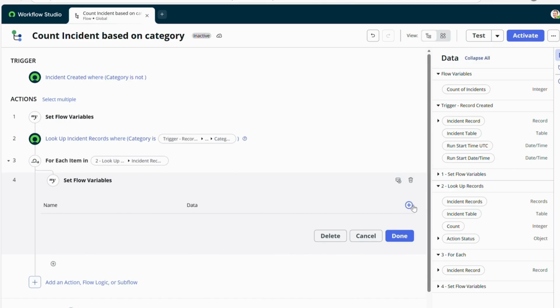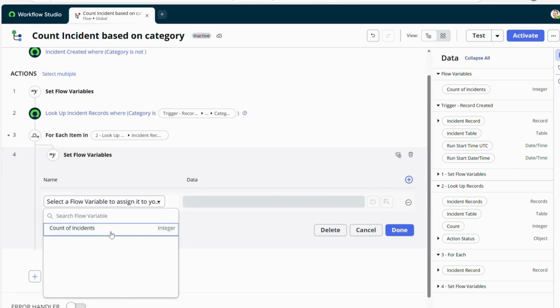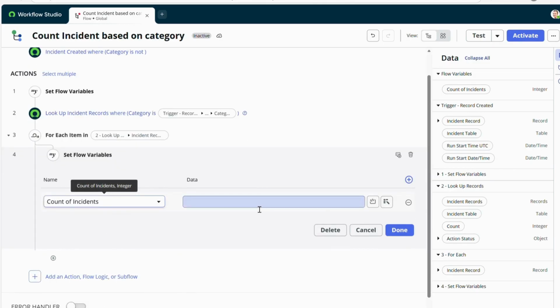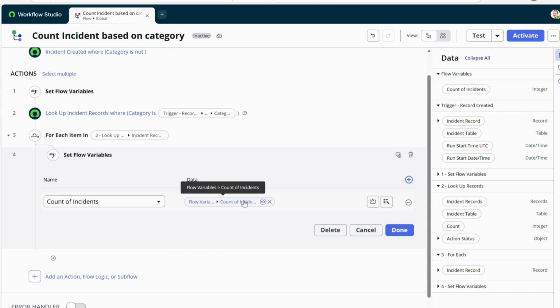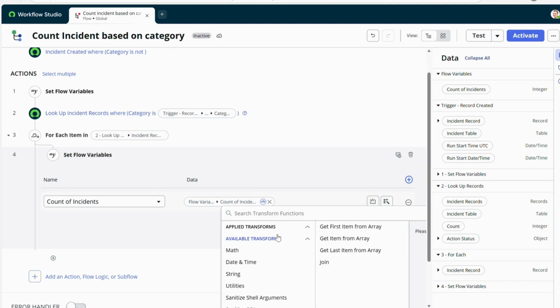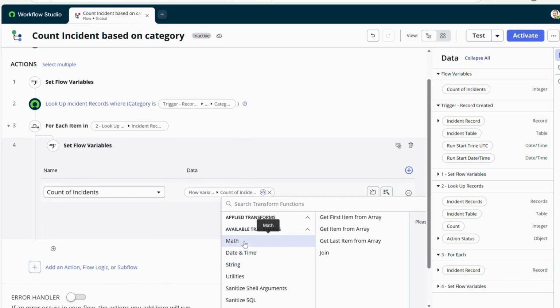Again, I will click on plus and select the same variable, count of incident. Now every time I will just drag and drop count of incident here. Now every time my loop will run, I will add one. So for that, if you see a small function fx icon here in a circle, I'll simply click on that and you would see a number of operations you can do with the flow variable. So I'll simply select math